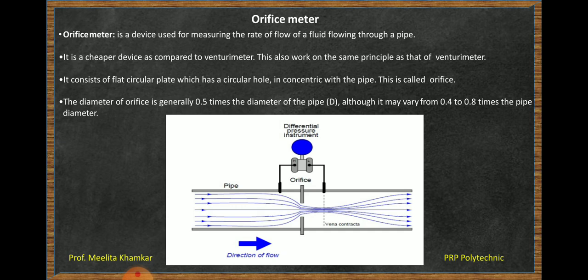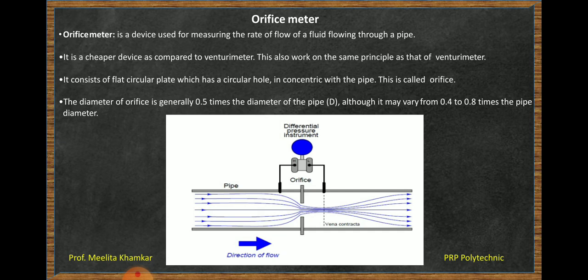As the fluid is flowing through the pipe, due to the interruption caused by the orifice plate, there is a reduction in area and an increase in the velocity, and the pressure changes as well. On both sides, before the orifice plate and after the orifice plate, a differential pressure measurement instrument, that is a manometer, is attached, so that it can measure the pressure, and the pressure value can be used in the formula for flow measurement.